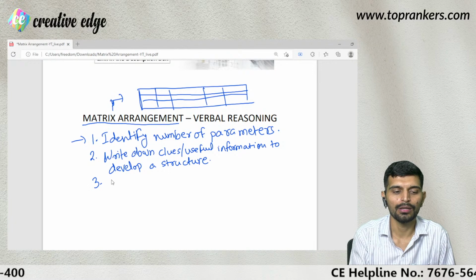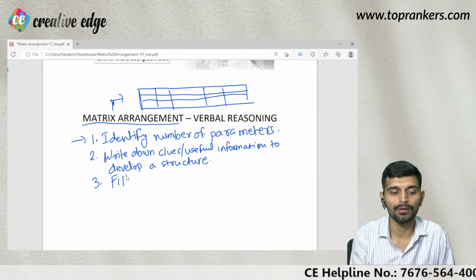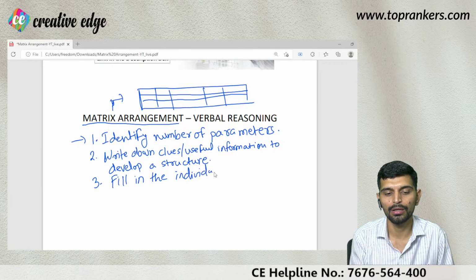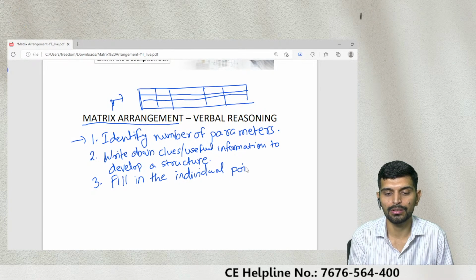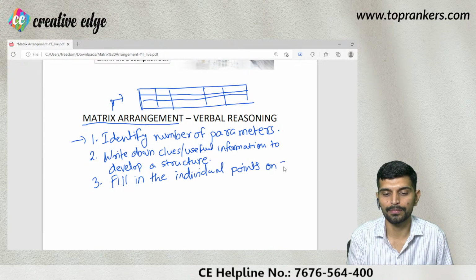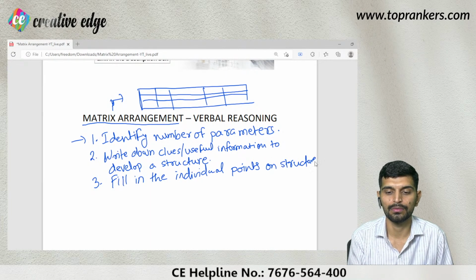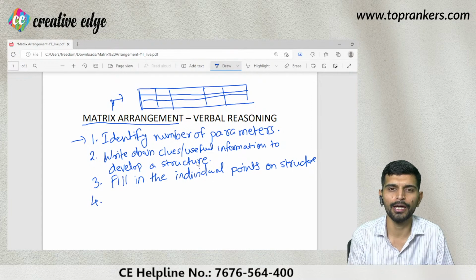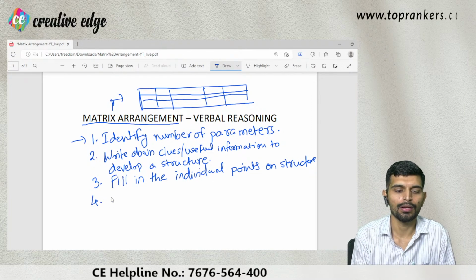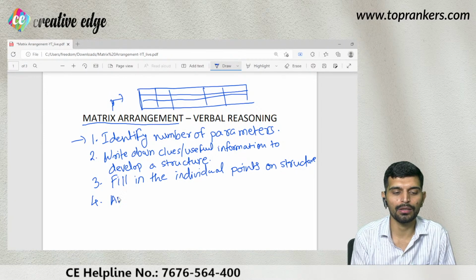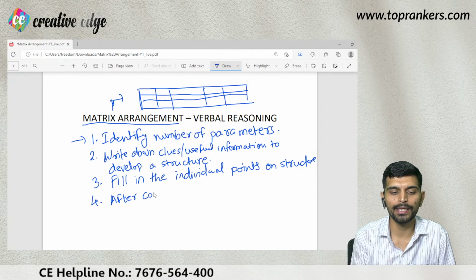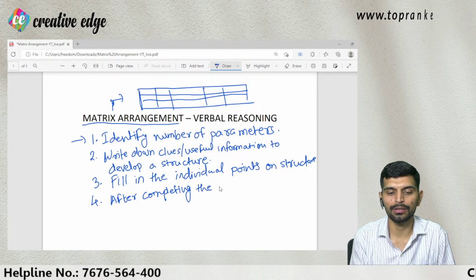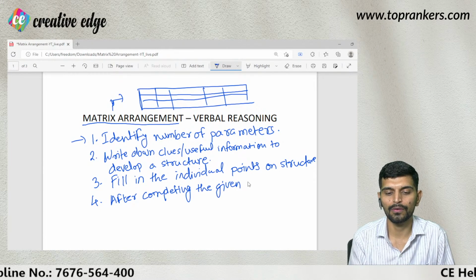Then fill in the individual information, individual points on structure. स्ट्रक्चर पर इंडिविजुअल पॉइंट्स को फिल इन करते जाइए, जो जो इंफॉर्मेशन गिवन है उनको यूज करते जाइए. आफ्टर कंप्लीटिंग द गिवन points